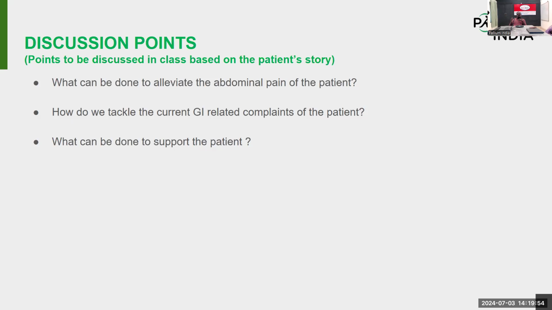So that are the mechanical causes. What is the functional obstruction? In functional obstruction, there is no mechanical obstruction, but still the intestine is not functioning. That means there is no peristalsis. So this can occur probably due to hypokalemia, or if there is malignant infiltration of the nerve plexus to the intestine. Okay, so mechanical obstruction and functional obstruction.